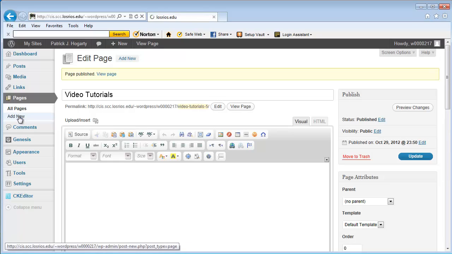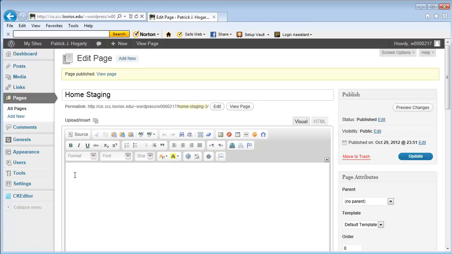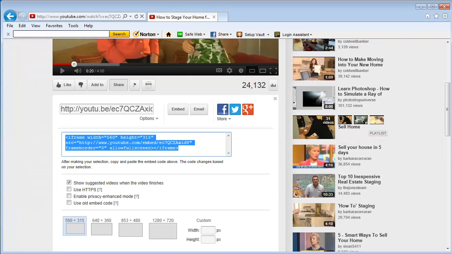I'm going to add another page in here. And this time I'm going to call it Home Staging, H-O-M-E, S-T-A-G-I-N-G, and I'm going to go ahead and publish that also. And then I'm just going to go back in here, and when I get done, I'm going to have my video in here. So let's go back over here, and I'm going to find the video,